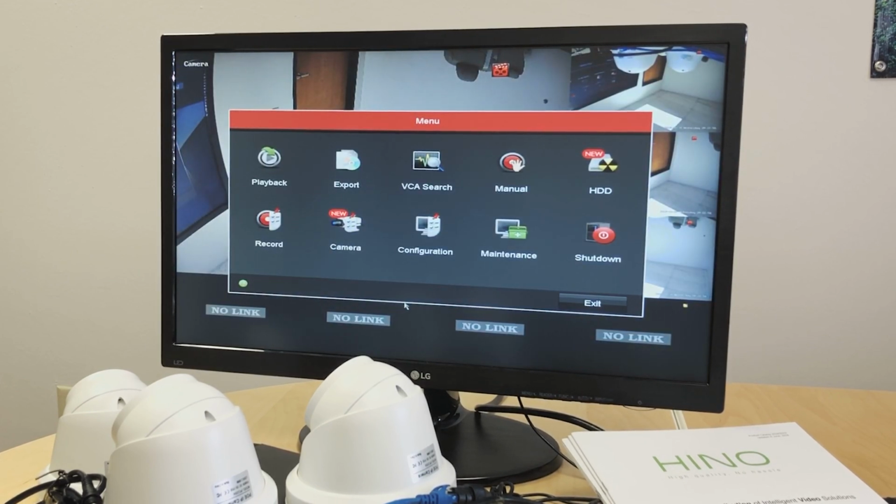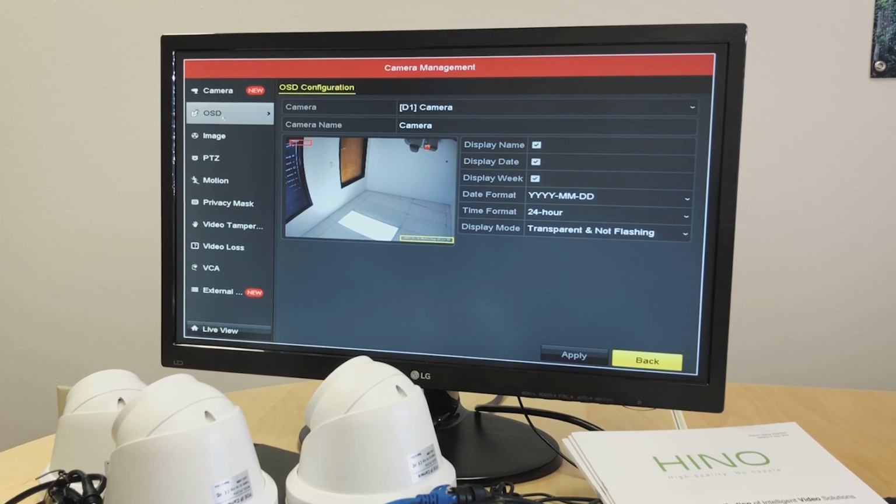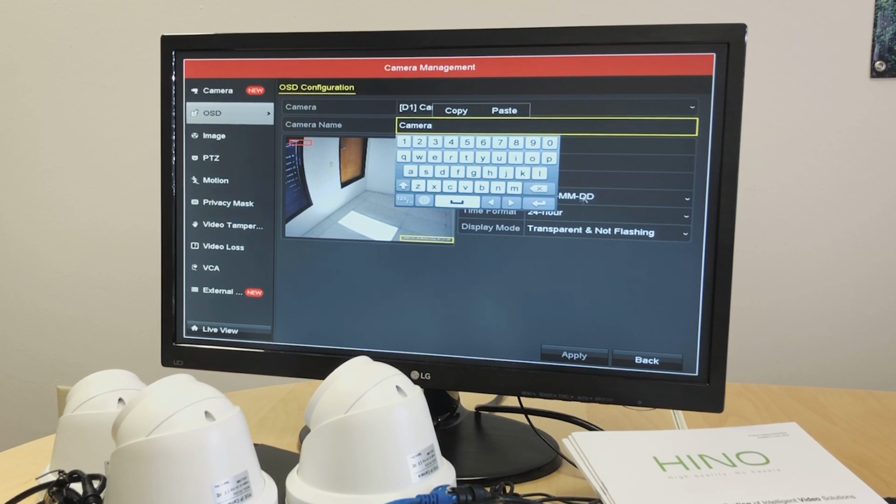Now let's get into the camera setup. So we select camera from the menu options. As you can see, we have 4 cameras. The status shows a blue circle with a white triangle. That means the cameras are streaming. OSD is on-screen display, and we want to name the cameras. Camera name by default is just set to camera, and we want to name the camera front door or alley, whichever name of our choice. So I can name this camera as front door,